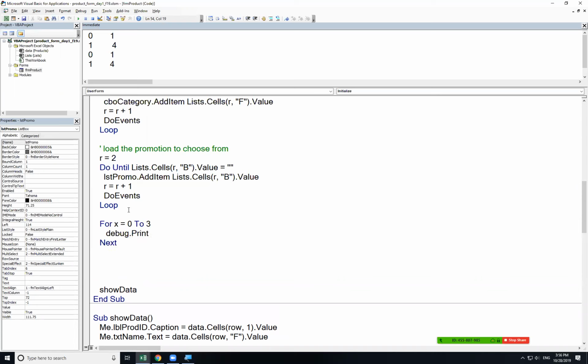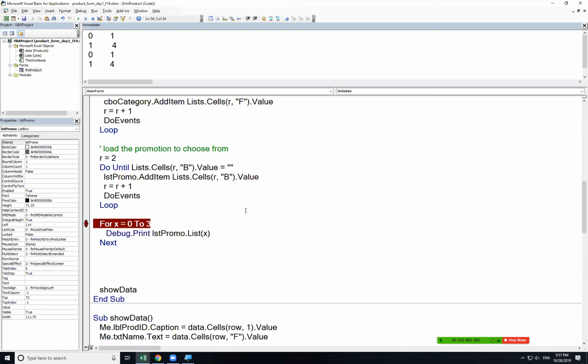Debug.Print lstPromo, my list box, dot. Now, there's one here called items. It's called a list, sorry. There's a thing called List. It's an array that has all of the items that are available to choose from in that list. So if I print List promo sub X,